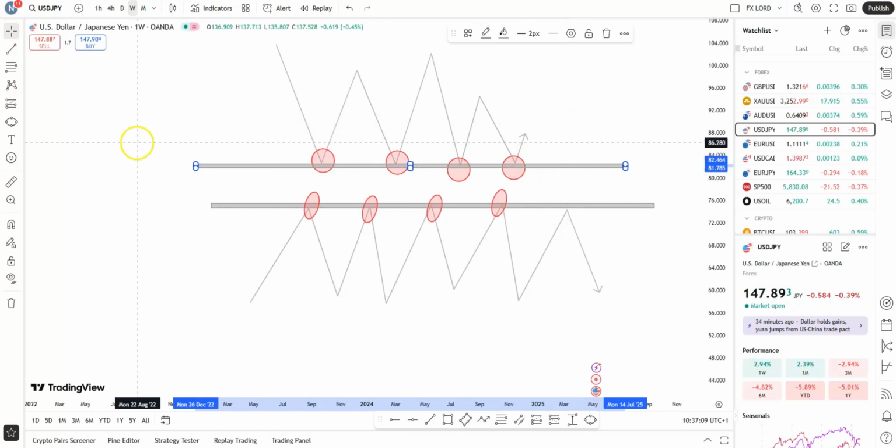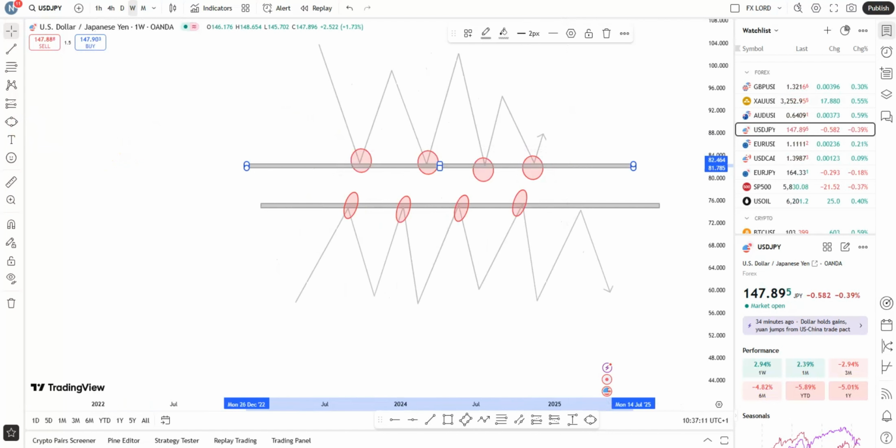That being said, support is the floor that stops price from falling, while resistance is the ceiling or roof that stops price from rising. You get what I'm saying? So traders use these levels to decide when to buy or sell